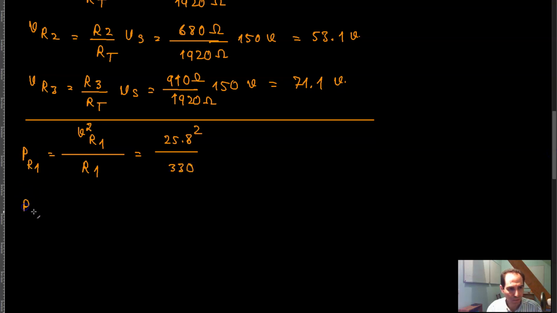P of R2 would be equal to V of R2 squared divided by R2, which would be equal to